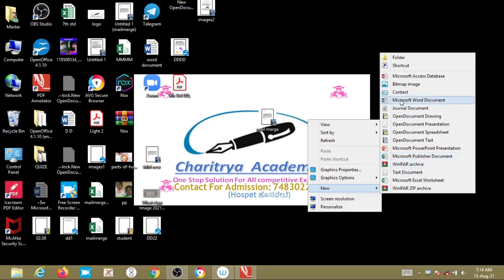Here you see there are two application software: MS Word is also installed and Open Office Writer is also installed. This is Microsoft MS Office, and the other is the Apache Open Office suite. Both are installed in this operating system.